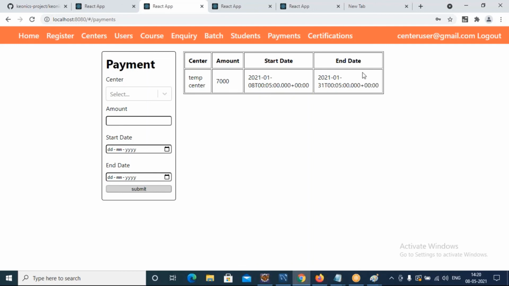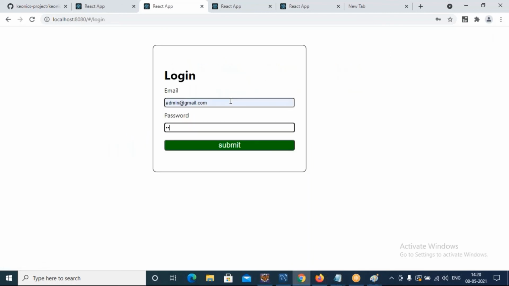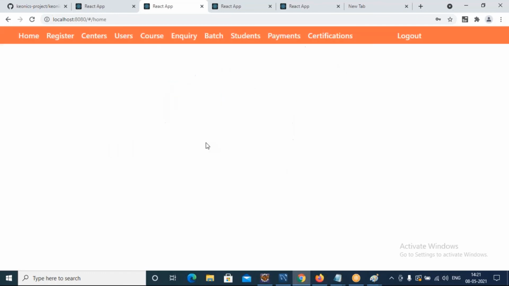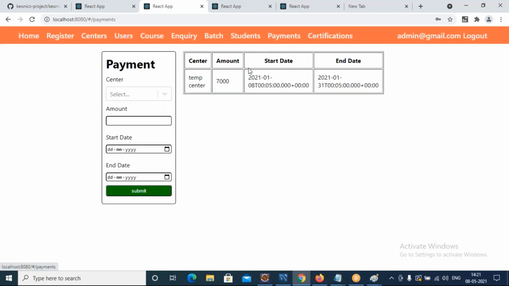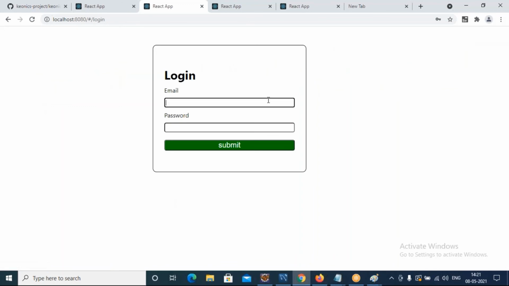Now if I log out and login as admin user, go to payments, you can see that 3,000 rupees has been deducted. So one more time we will do this.